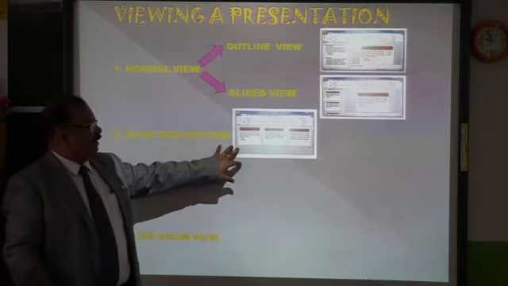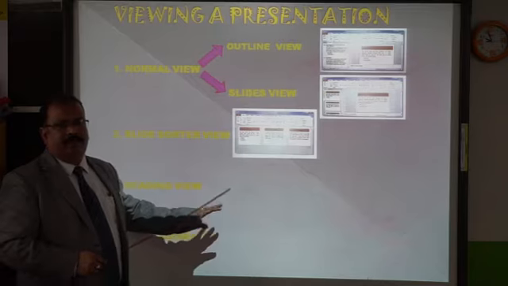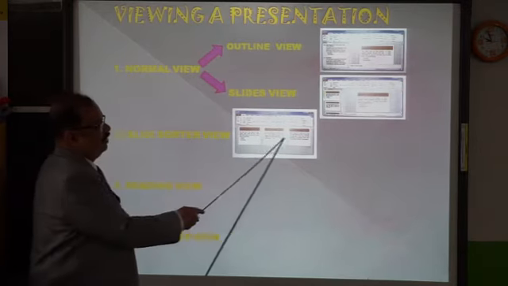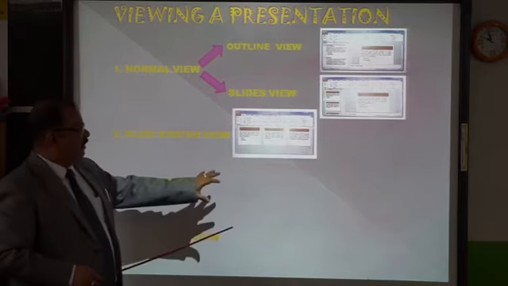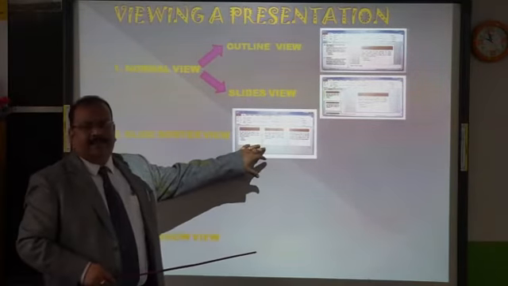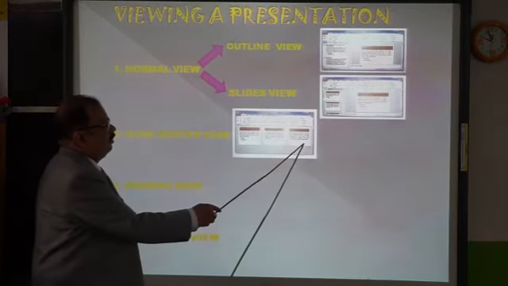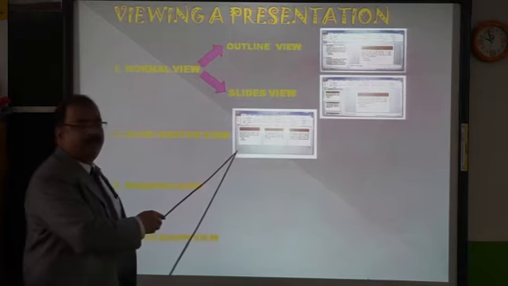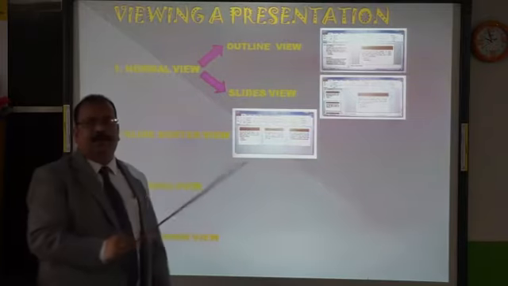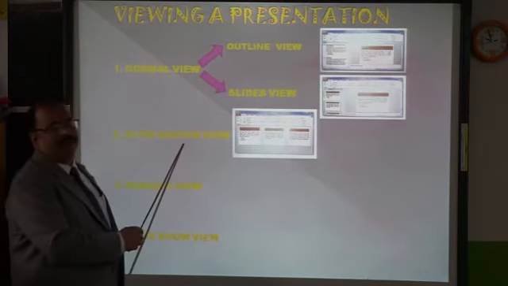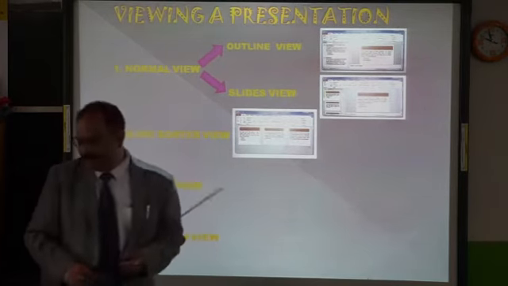Here you can see 1, 2, 3. This presentation contains 3 slides. Suppose if yours you have got 5, so all the 5 will be there in a line. And what is the use of this? What you can do with this is, suppose you don't want any of the slides directly, you can delete it. Okay. Suppose you want this third slide should be here in the first one. So you can change the position. You can bring this slide in the beginning, you can take this slide towards the end. So all these things you can do in slide sorter view, where you can see all the slides at once. Okay.